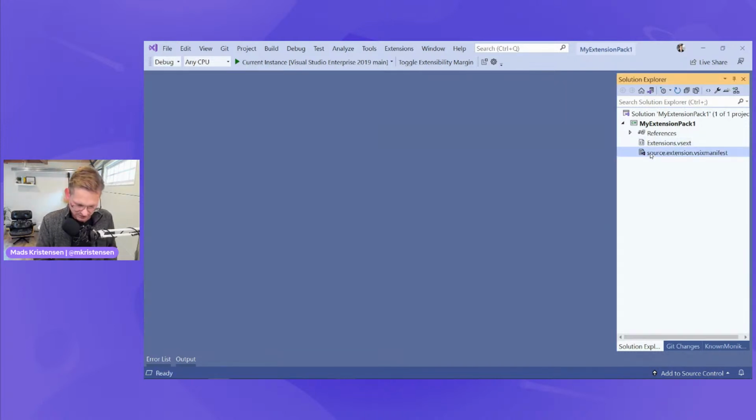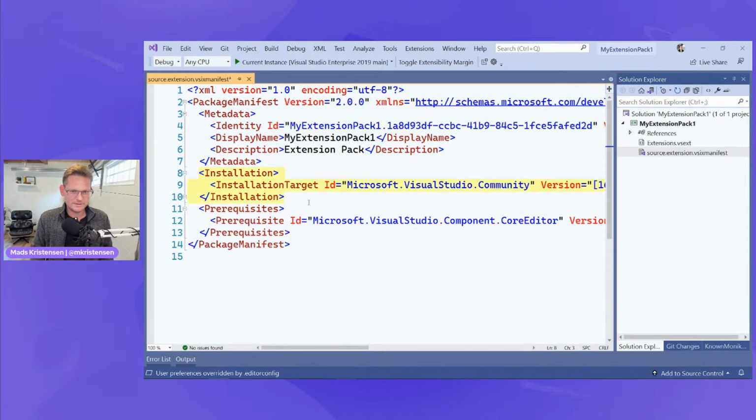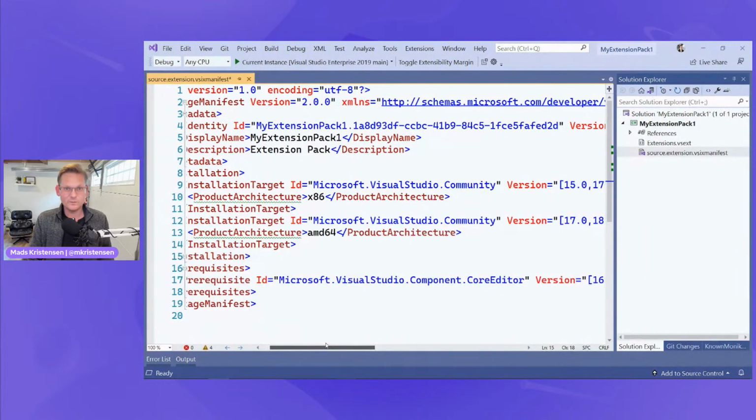So how do we make an extension that installs on both? I'll show you. This is kind of interesting. I'm going to just clean this up a tad. I'm going to replace this with this. Okay, so check this out, and I'll explain why it is the way it is.